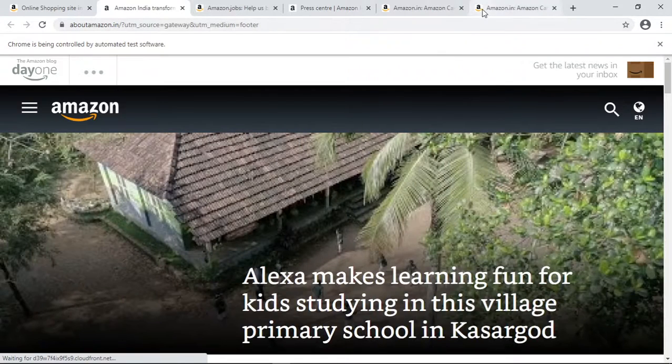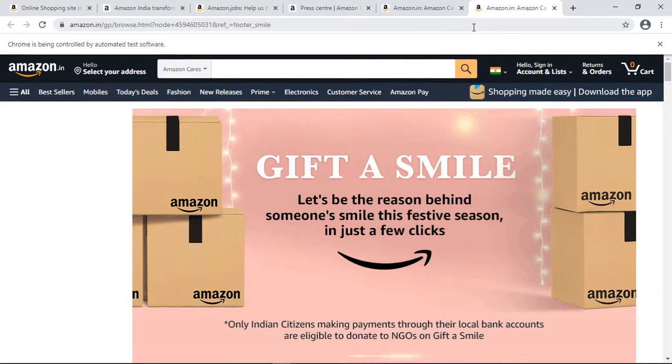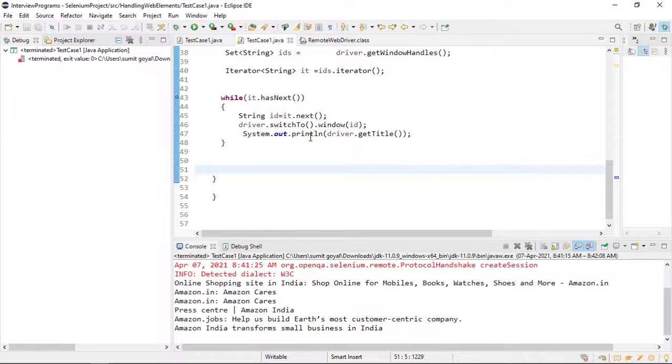First it will switch. Once it switches, I am focusing on this. If I apply driver.close, it will close the link. Here I am switching. So after getting the title, if I say driver.close, it will close the links one by one. So if I run this,